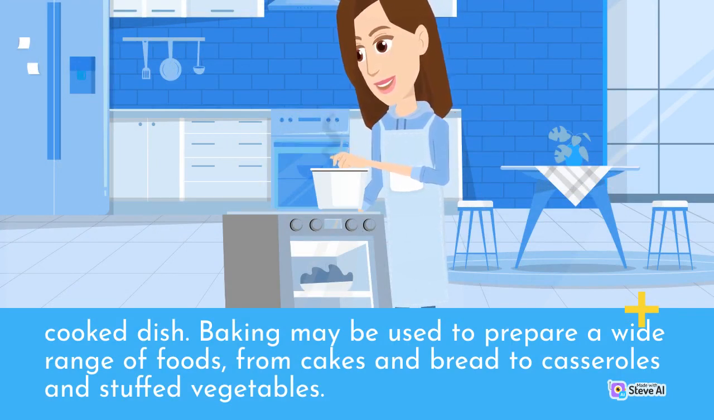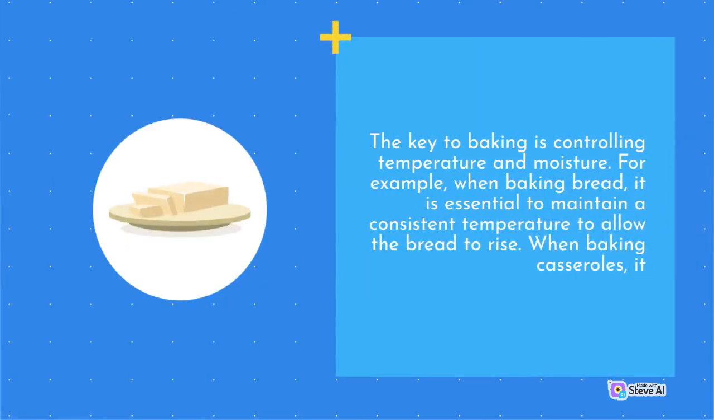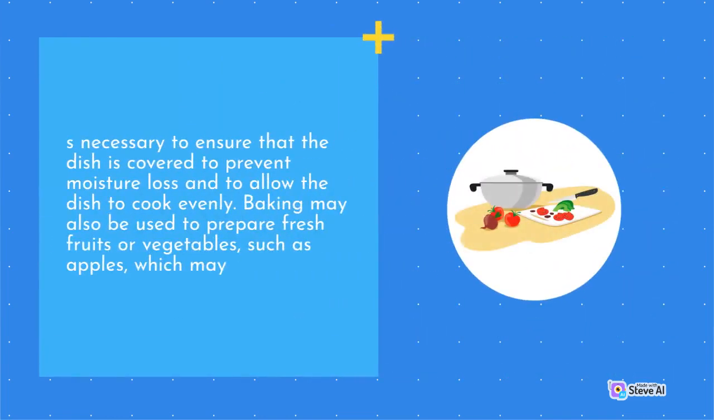The key to baking is controlling temperature and moisture. For example, when baking bread, it is essential to maintain a consistent temperature to allow the bread to rise. When baking casseroles, it is necessary to ensure that the dish is covered to prevent moisture loss and to allow the dish to cook evenly. Baking may also be used to prepare fresh fruits or vegetables, such as apples, which may